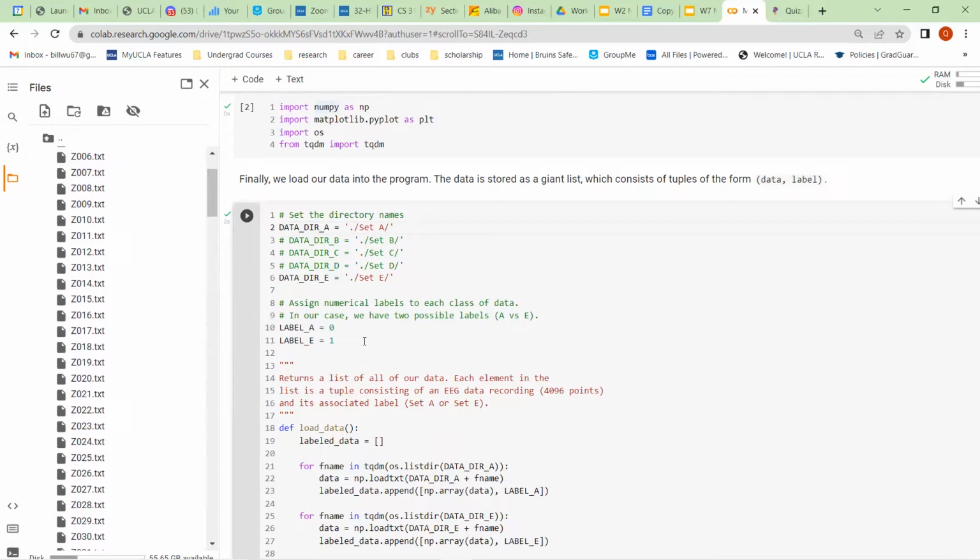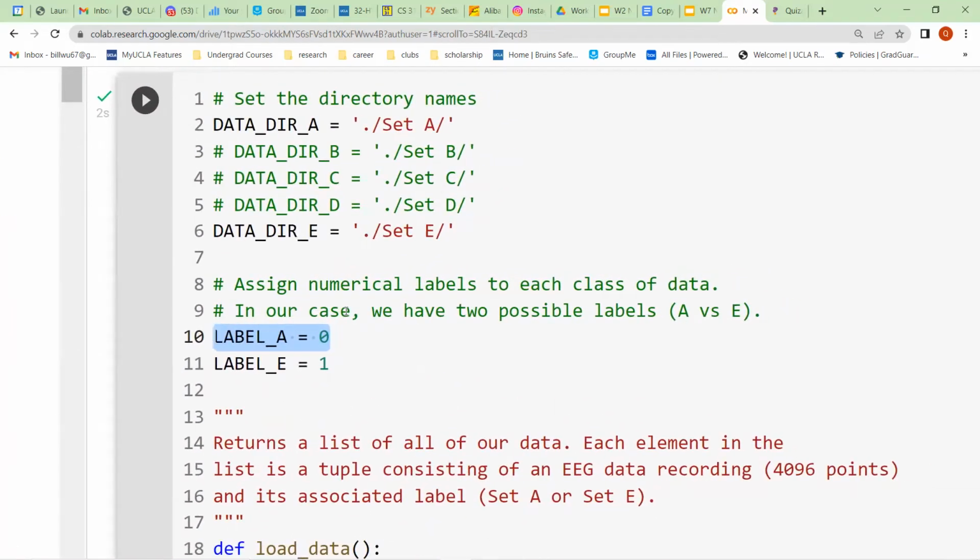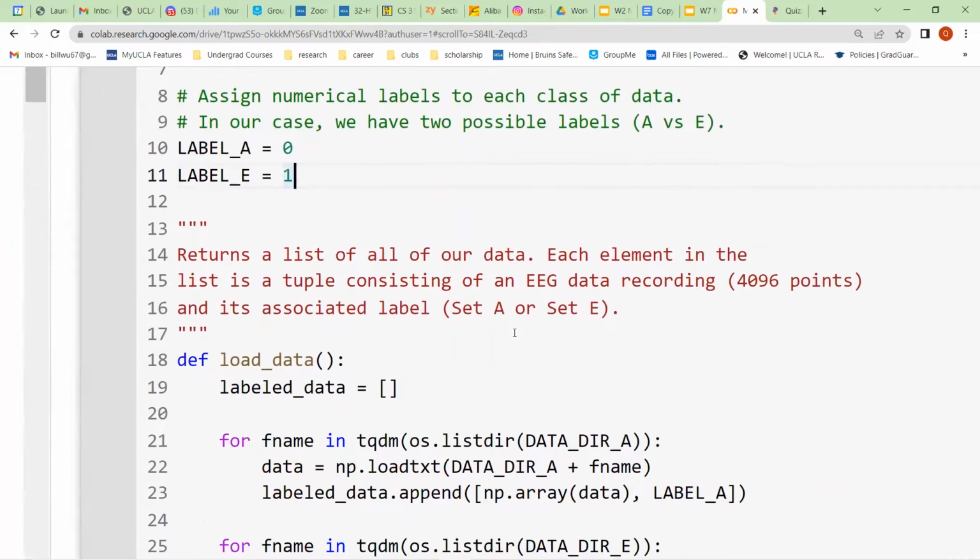These labels are purely arbitrary, but we usually set them to 0 and 1 so that it's easier for our neural network to recognize there are 2 different states. In this case, everyone within set A, we're giving a label of 0, and everyone within set E, so everyone who's diagnosed with epilepsy, we're setting a label of 1. But these labels are really arbitrary.